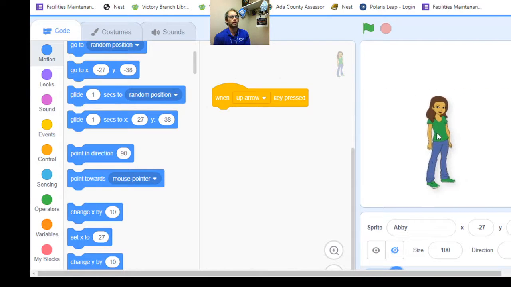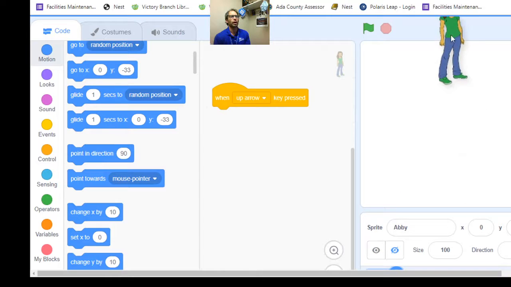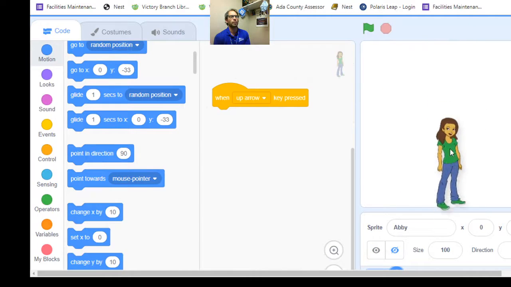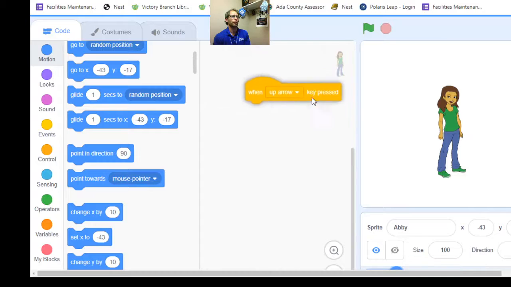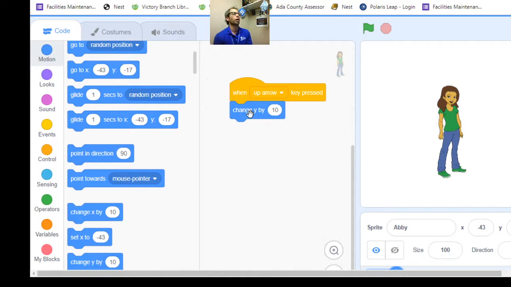X, remember, goes from left to right, and the Y goes from top to bottom. So since we're going up arrow, we're going to want to choose the change Y, right? Okay, so go ahead and click on that change Y by block and click it to the up arrow key